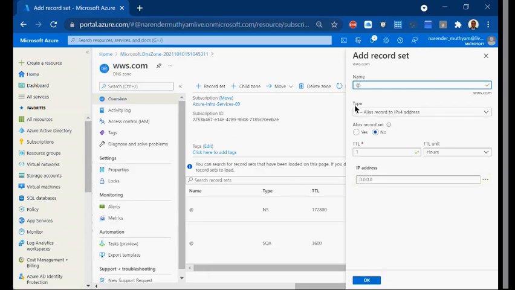Then what happens? Anybody hitting the app, it will get resolved to www.com, and from here it will fetch the IP address of the app and resolve it to the name. Means it will resolve name to the IP. Then it will get the app loaded. Means ultimately, when I want to post something, a letter should have a proper name and the address, right? Only then it will reach the destination.